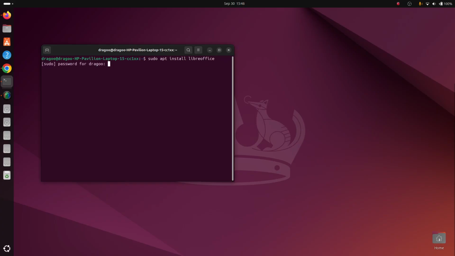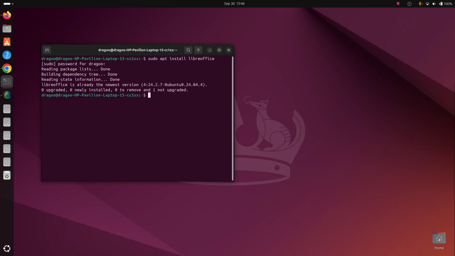It is similar to MS Office. It's asking for the password. Type your password, but it will not show anything here. Just press enter after doing this. You can see it's showing reading package lists, done, building dependency tree, done. I already have this office inside my system, so it's showing me that I have already installed it. The same command next, I'm going to just show, though I already have it inside my system, just to give you a rough idea. So I will use the same command, sudo apt install